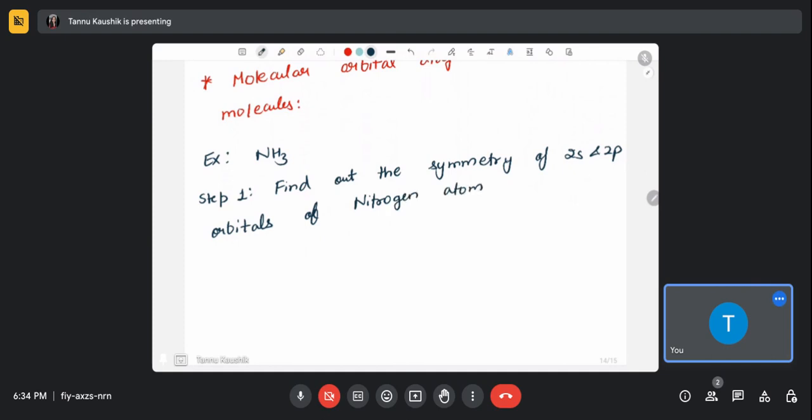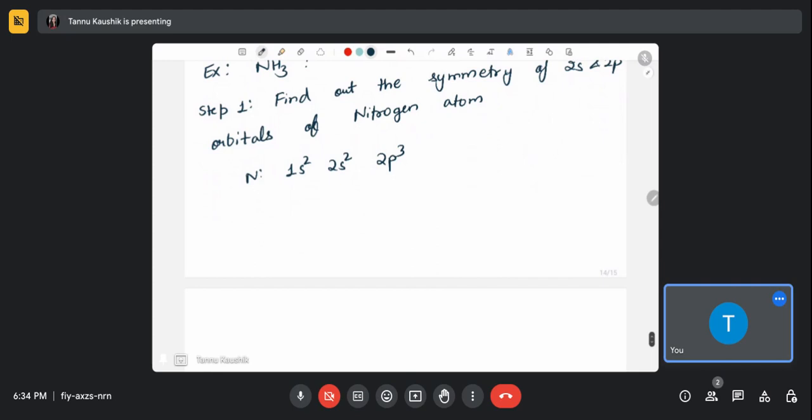So nitrogen has electronic configuration of 1s2, 2s2, and 2p3. Since the 2s orbital will always have totally symmetric representation,